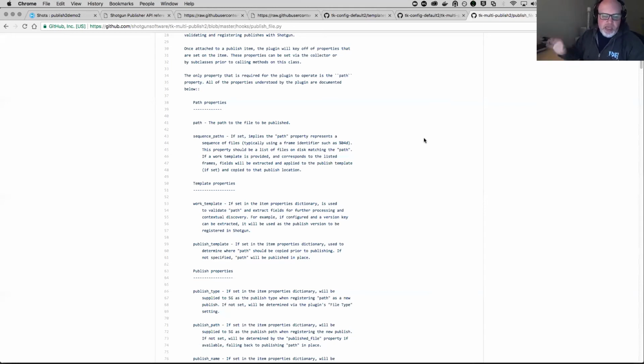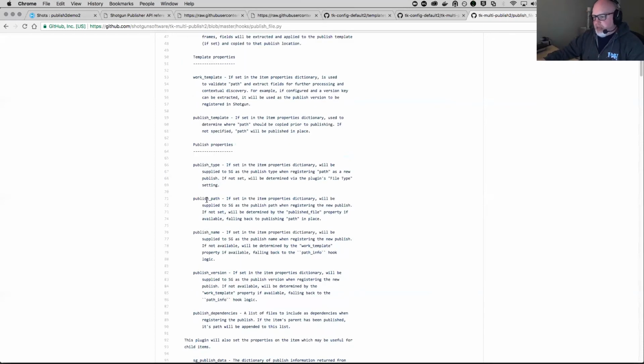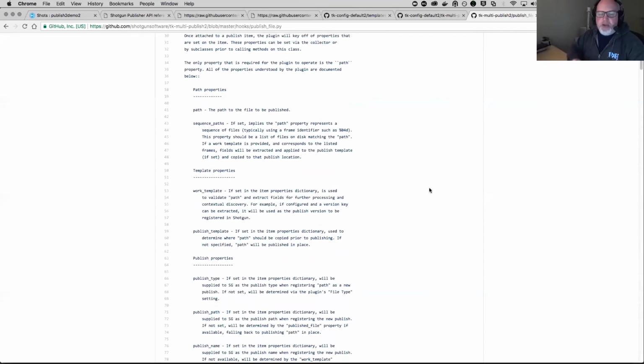You remember where we set the camera name and the camera shape? You can set certain properties that this base publish plugin knows about to help drive that behavior, or to help basically give you the functionality that you need without having to do the work yourself. So you can provide a work template, you can provide a publish template, you can override the publish type, the path, the name, and the version, dependencies, all that stuff. If you set it on the properties and then call the base class, this will do a lot of the